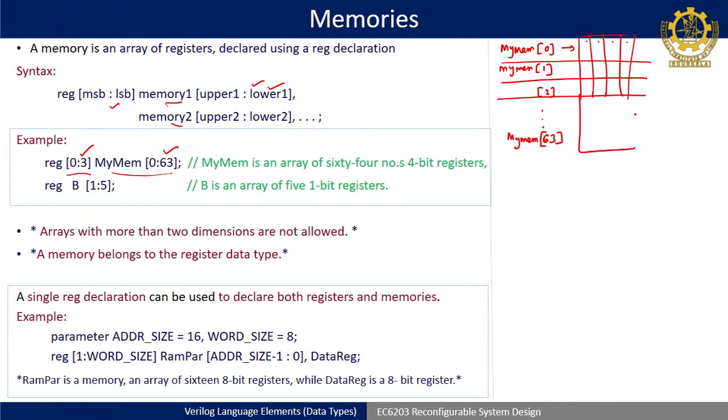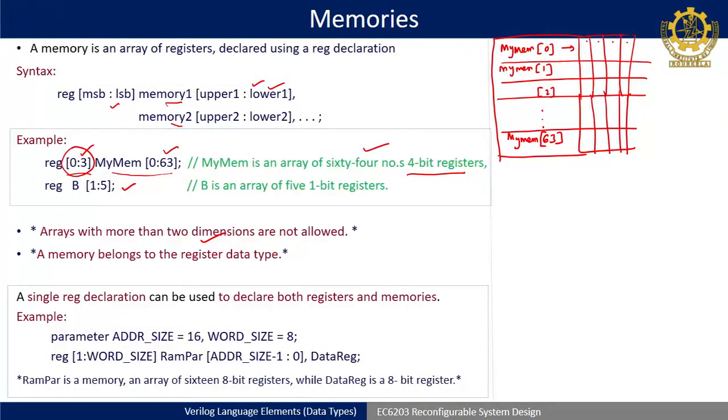Okay. So this now becomes an array. So unlike your other types, now it is becoming one array where you can store the data. It is becoming 2-dimensional. More than 2-dimensional is not allowed, so we can go for only 2-dimensional cases. So in this case, as 4-bit is there, I have written 4-bit registers with 64 numbers of arrays, or each row there is, you can say, 64 different memory locations. Each location can store 4 bits of data.